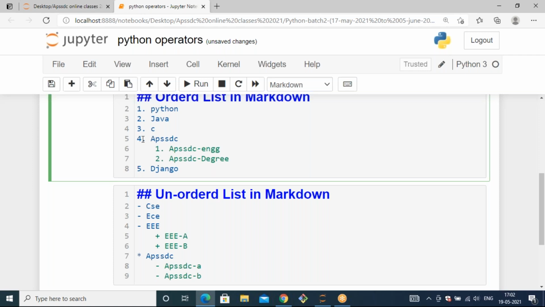That means in the 4, it will consider it as 4.1. So you need to observe that. Instead of focusing on A, B or Roman numbers, you have to observe this is a main list, and while getting the output, I have some tab space in between, so that I can get clarity like this: APSDC engineering is a sublist of APSSDC. You have to consider it like that.